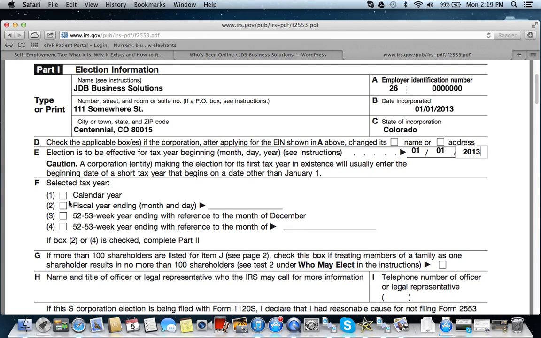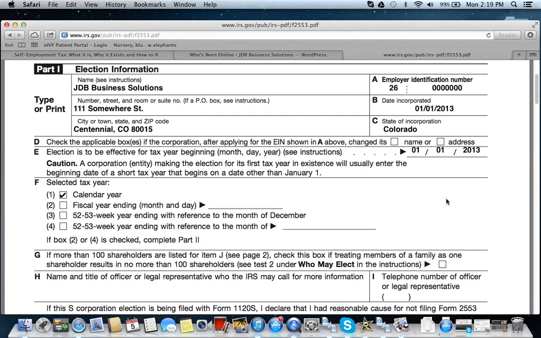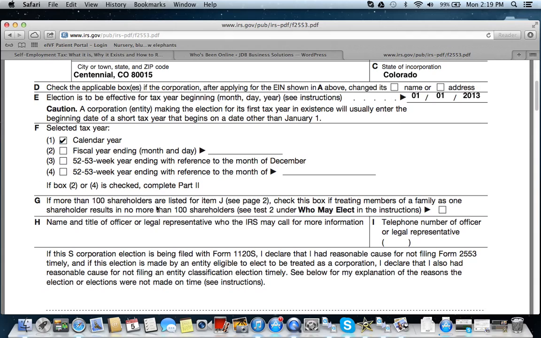Alright, the selected tax year. For most of you guys, this is going to be the calendar year. A fiscal year just means you have a different year end than a calendar year, so maybe it's at the end of September. For 99% of you, it's just going to be the calendar year. If more than 100 shareholders are listed for item J, check this box. Okay, so a small business, what we're talking about here, you're not going to have more than 100 shareholders,